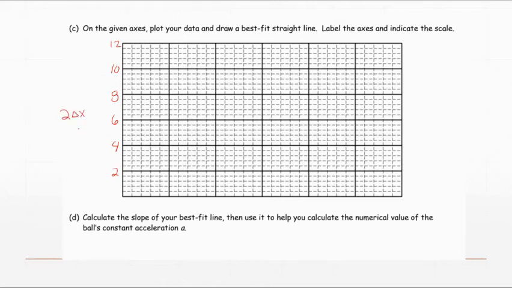This is labeled 2 times change in x, which is in meters. And then down here, I have 1, 2, 3, 4, 5, 6. This is my time squared, which is in seconds squared. And when I end up graphing that, I end up getting something that looks like